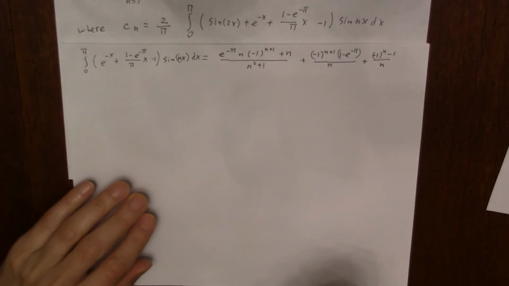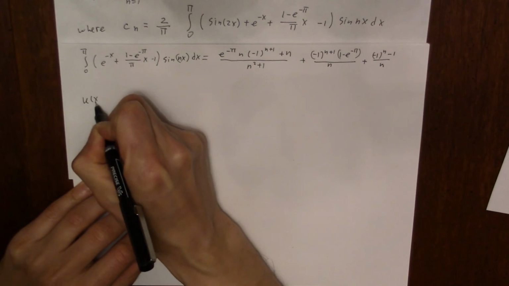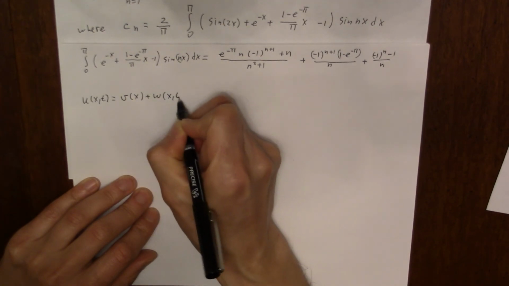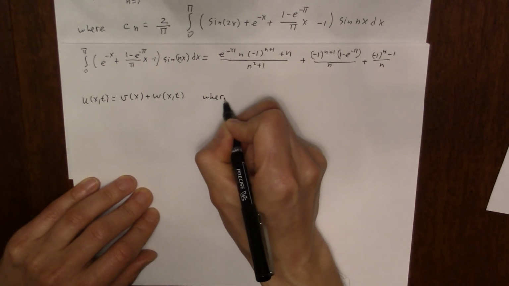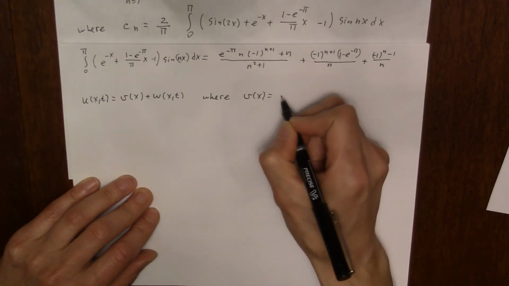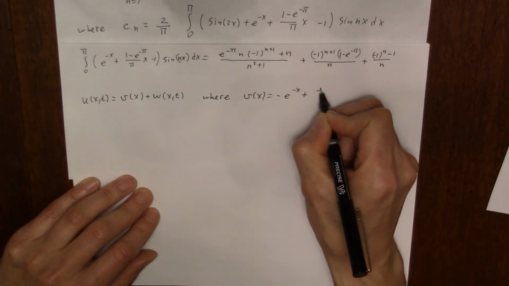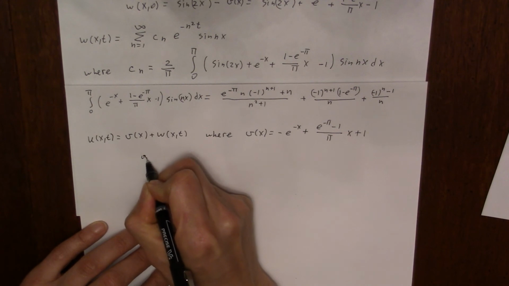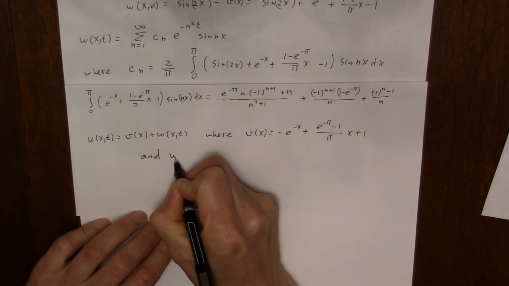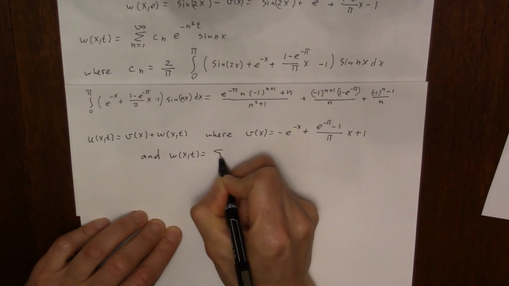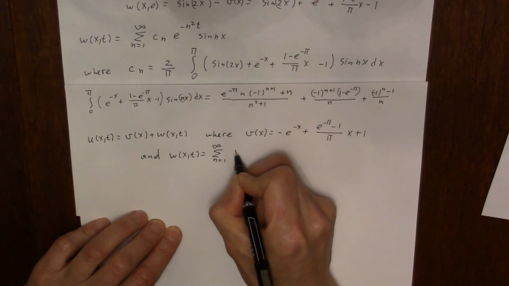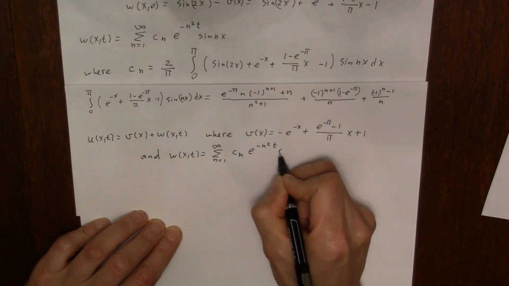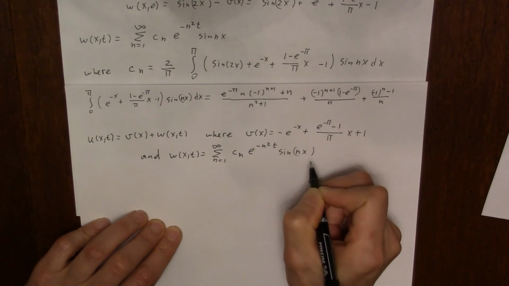Now we are ready to write down our solution. So u of x,t equals v of x plus w of x,t, where v of x equals negative e to the negative x plus e to the negative pi minus 1 over pi x plus 1, and w of x,t equals the sum from n equals 1 to infinity of cn e to the negative n squared t sine of nx, where